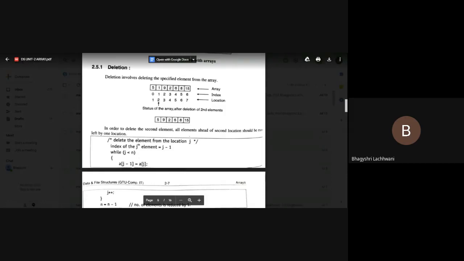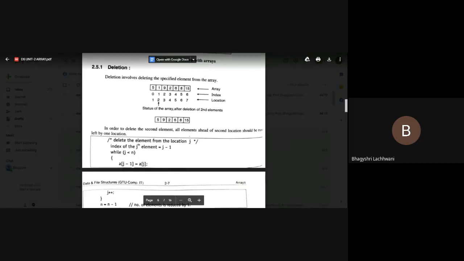Okay, so how will we revise the new array? First of all, our array has 7 elements. That means our new array will compulsorily have 6 elements because we are deleting 1 element from the array. Simple logic: if you are deleting the 1, what modifications do you have to make for the new array? You have to shift 9 to the position before it. That means the updated array will be 5, 9, 2, 6, 8, 15.